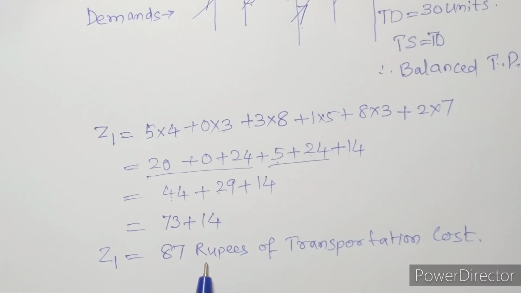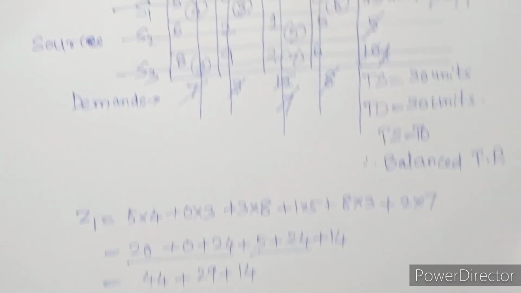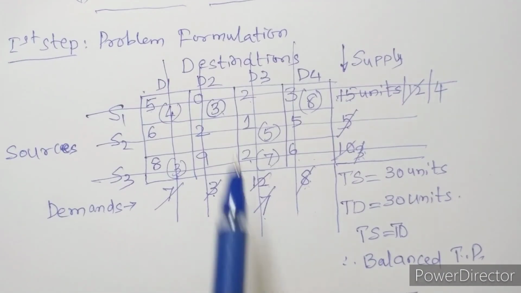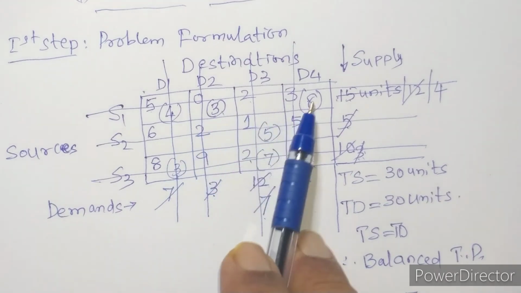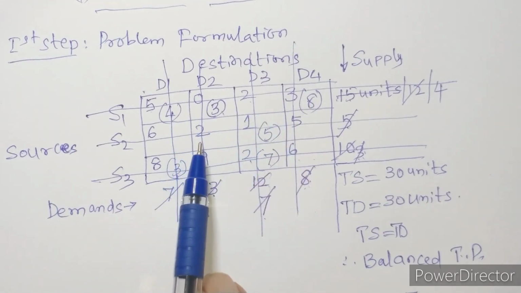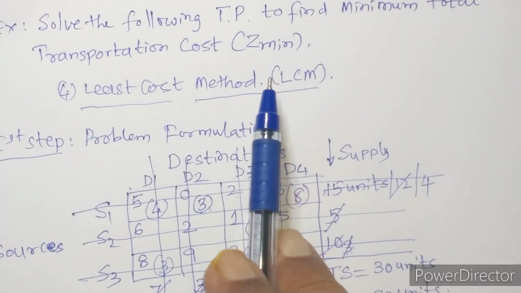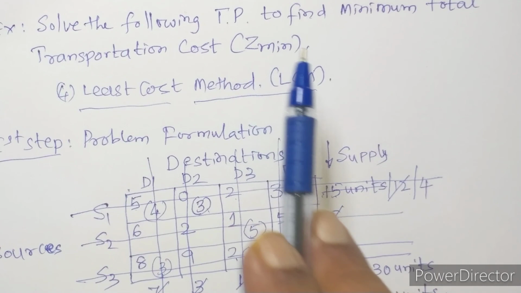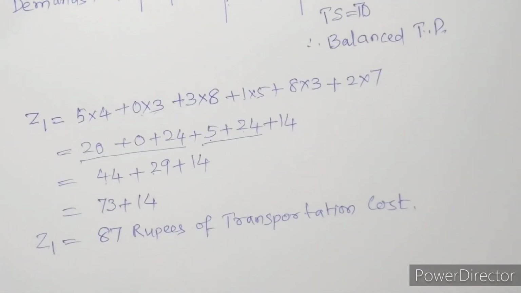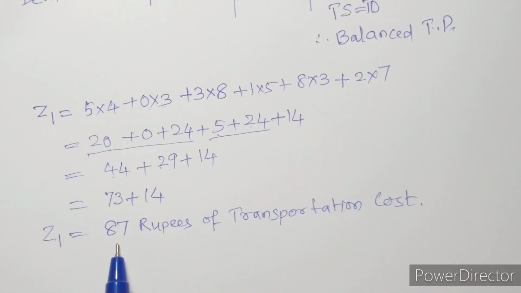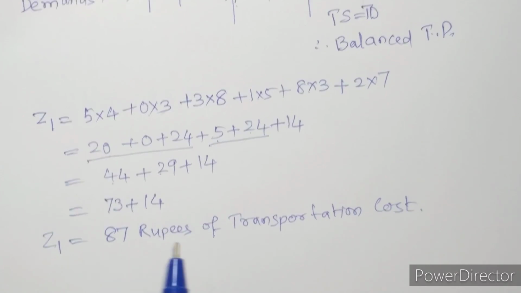We have to conduct the optimality test on this and redistribute these units if necessary. These units which we have allocated, we can redistribute them if necessary and get the minimum total cost. The problem is to solve for Z-min, or the minimum total cost, and this solution we have obtained here, that is 87 rupees, itself may be minimum, but there may be some cost which is smaller than this also. So that we will get only after conducting the optimality test on the present solution.